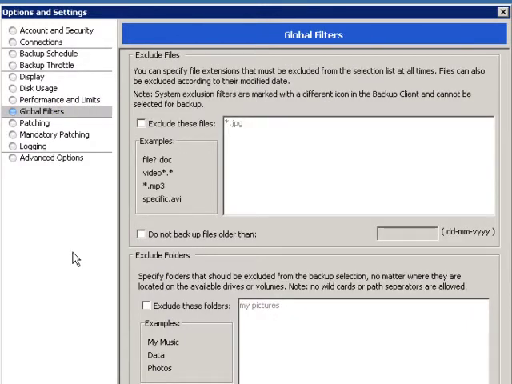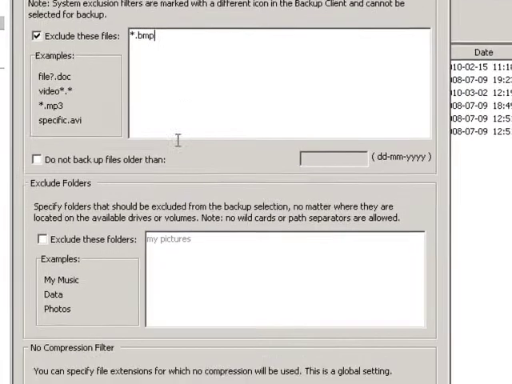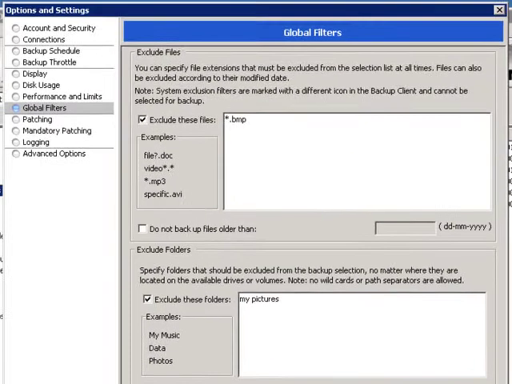Global filters allow you to exclude files according to their names, extensions, or age. For example, applying this filter will exclude any .bmp files from being selected. Alternatively, I could exclude the folder from selection. I can also specify file extensions that are already compressed so that they are processed faster to shorten the backup